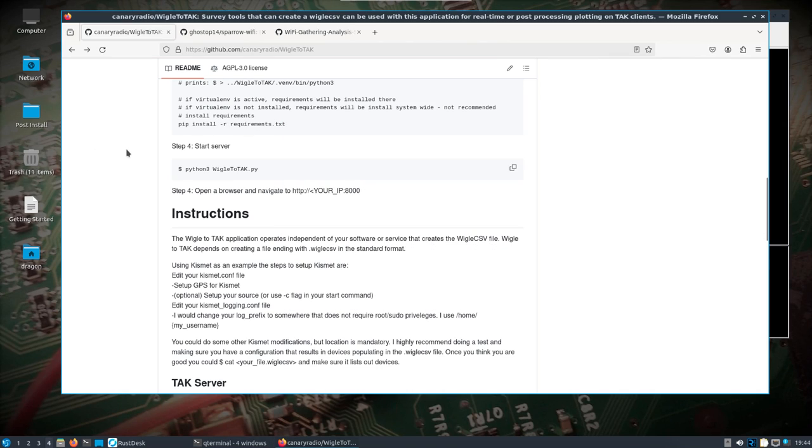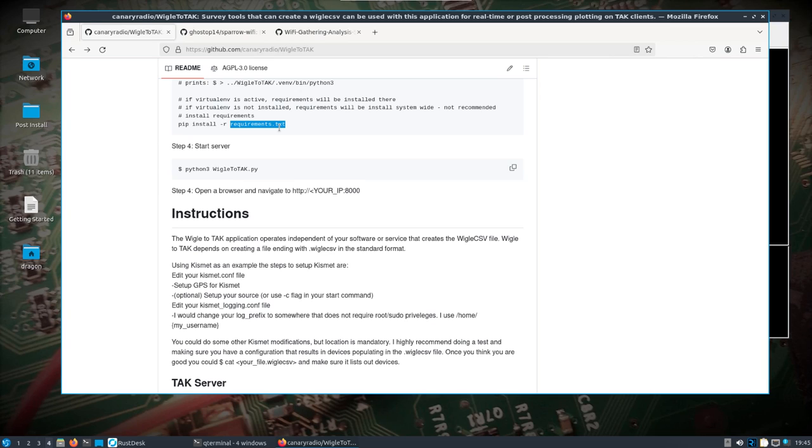So if you look at the requirements for this WigleToTak, and honestly, I think the same applies. I don't know if I showed in the last video for the Kraken attack, most likely needed Flask 2. I hope I addressed that. If not, it's a simple sudo pip3 install flask, lowercase flask. It should be all as it is, because if you open that requirements.txt file it's referring to here, you'll see it references a specific version of Flask. But I think that it's okay with the version in the Python virtual environment I'm going to show you. I probably should verify that,